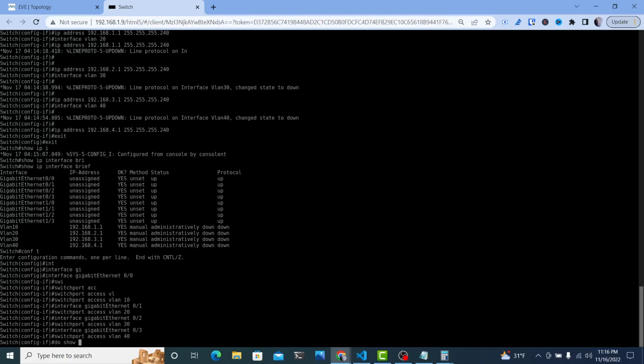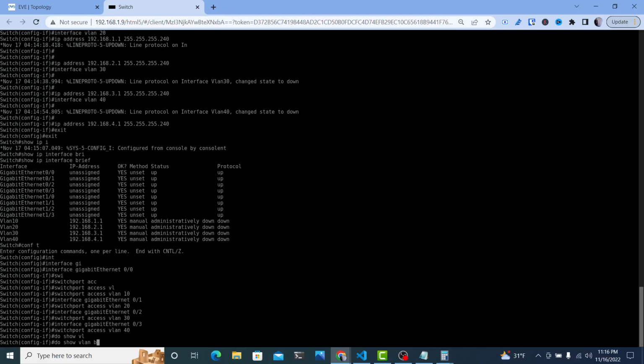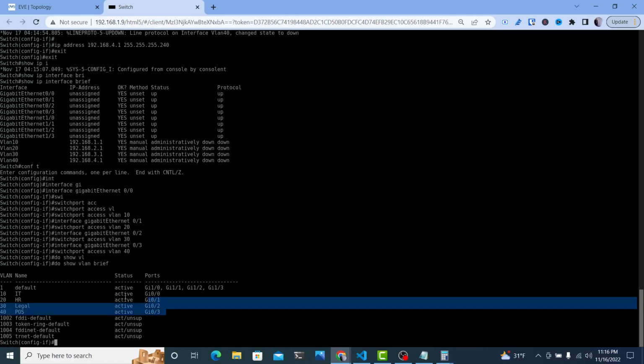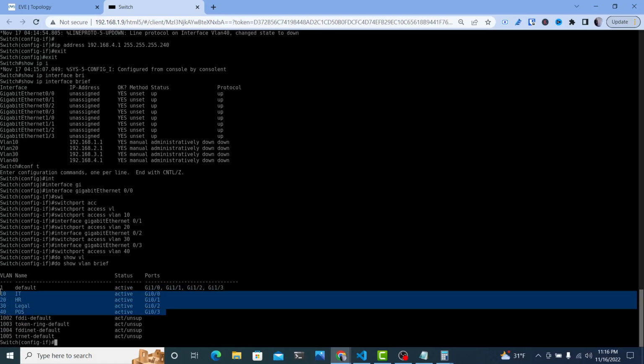And do show VLAN brief. As you see, we've got all of our ports now in their respective VLANs, and we've got interfaces